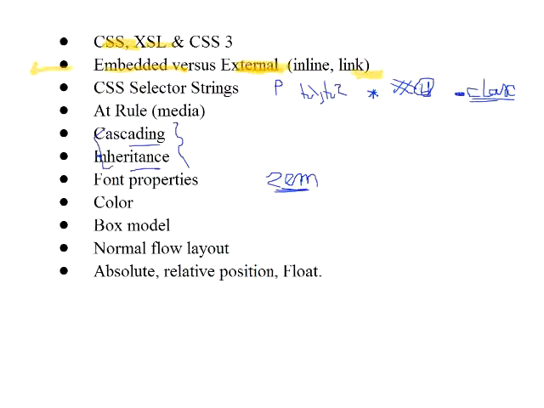Yes, exactly, Imam. It will double the size of the font, more than the previous size. If the font size were 12 point, it will double, it will make 24, and so on. So this means double the size. If I said 1.5 EM, it will make the font size 1.5 times the previous font size, and so on. Then we can discuss the color, how we can make font colors and background colors, and